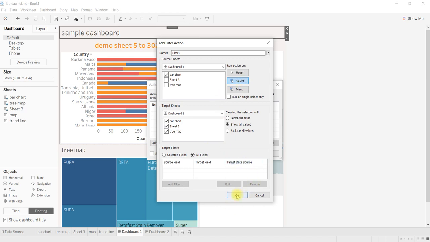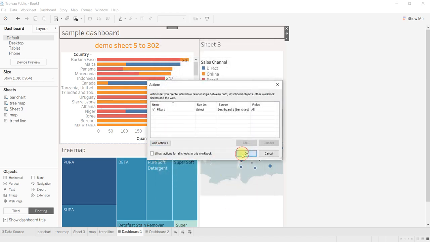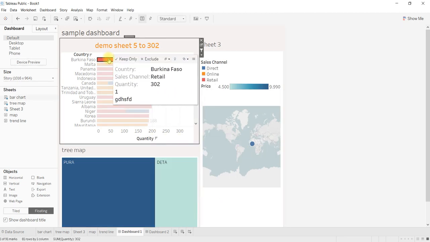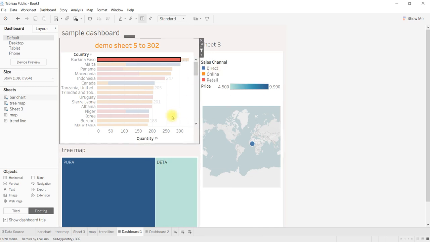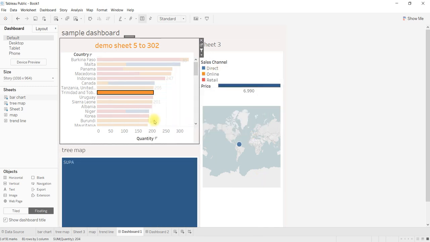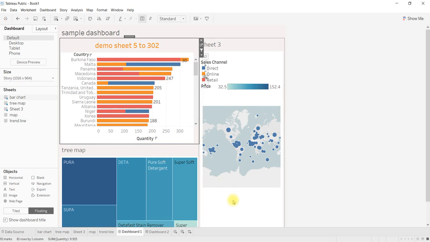Okay, now the moment you select a in a bar chart, all other charts also change according to your selection in the bar chart because you have set up actions. Click outside to come out from that one.